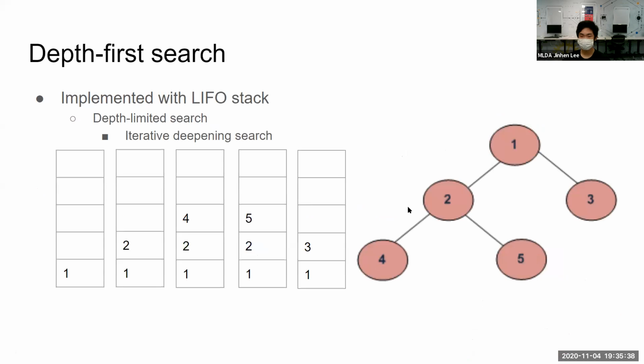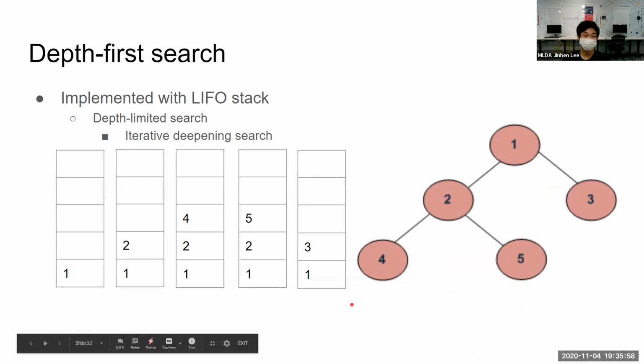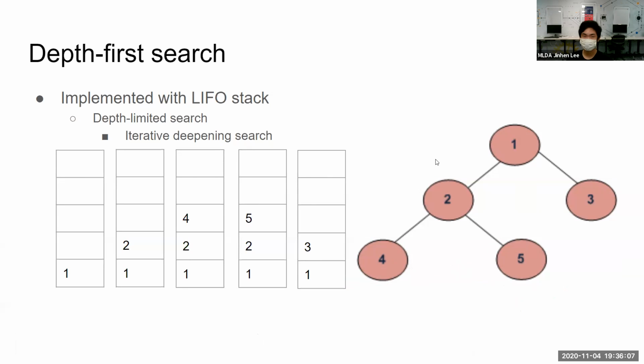Okay, so now we'll compare it with depth first search. So it is implemented with a last in, first out stack. And then there are two variants, which is the depth limited search. And this depth limited search is important if your state space is infinite, meaning that instead of stopping here, you will go on indefinitely deep. So you have to have a limit, or else your algorithm will just go on and on and on. And this iterative deepening search is actually combining the idea of BFS and DFS. So it actually starts with the depth limited search of limit 1, and then it will go with the depth limit of level 2.